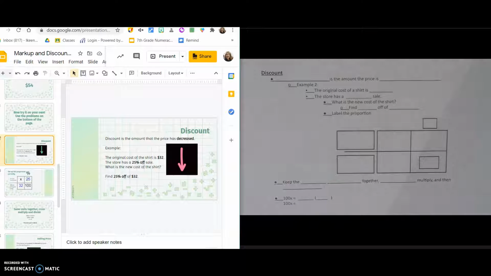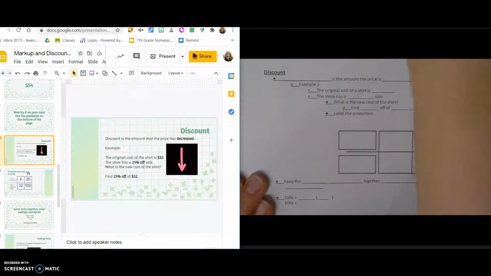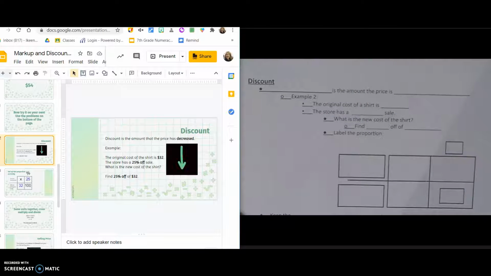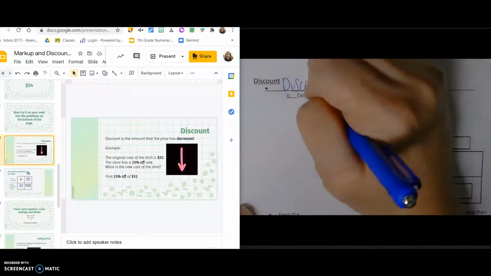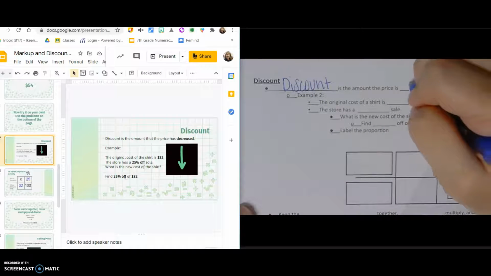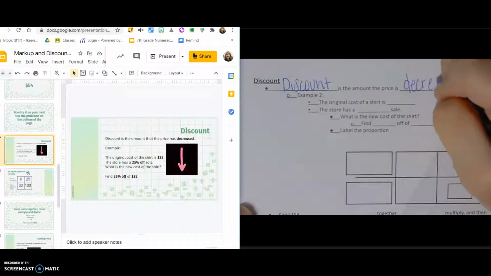All right, guys, so now I am on the second page or the back, or just depends on how you're doing it, I guess. A discount is the amount that the price has decreased. So go ahead and zoom in a little bit, okay? Discount is the amount that the price is decreased,